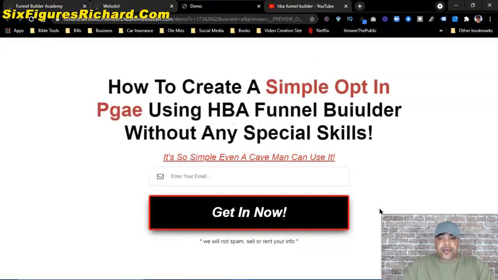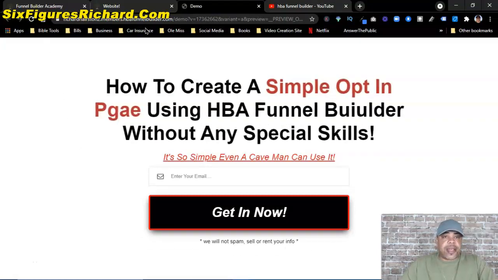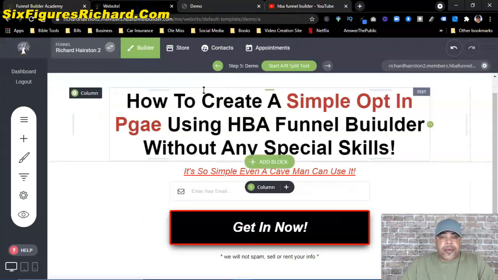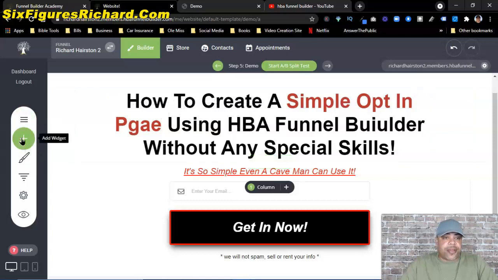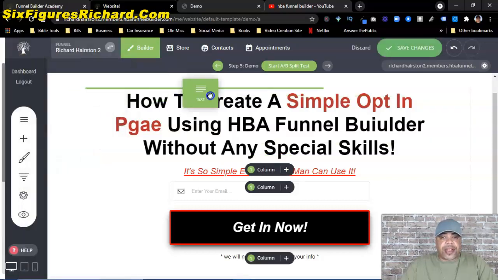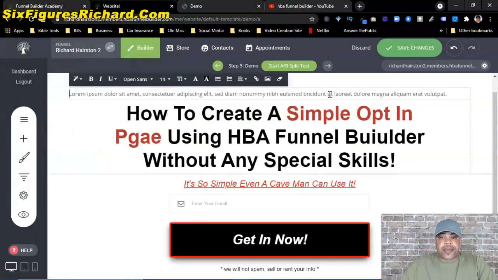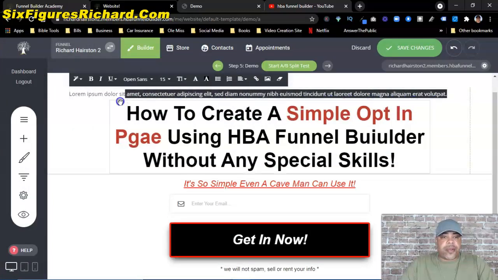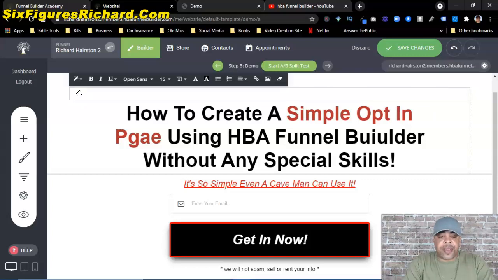And there you go. There's a simple opt-in page. Now, if you wanted to, you could come over here above this block, because we're already working in this block. You can grab another text section and add it up there, because you may want to give something away for free. Okay, and you can just say free video reveals that,